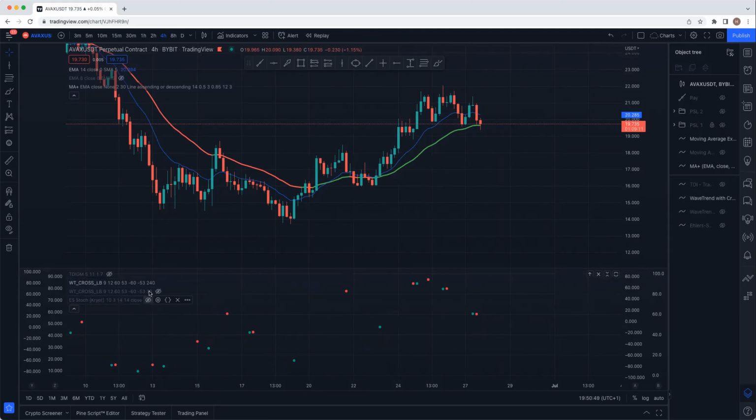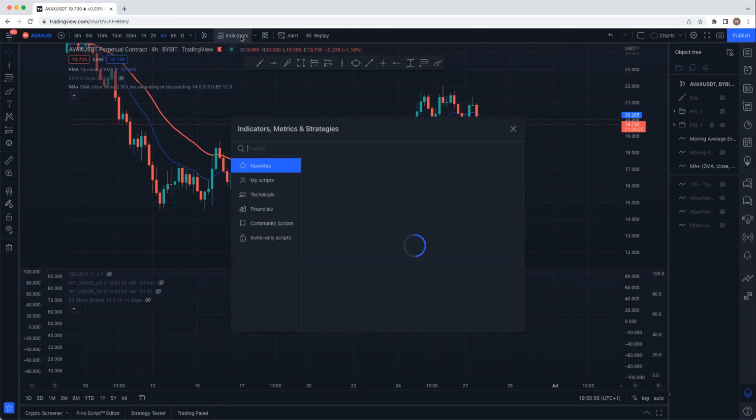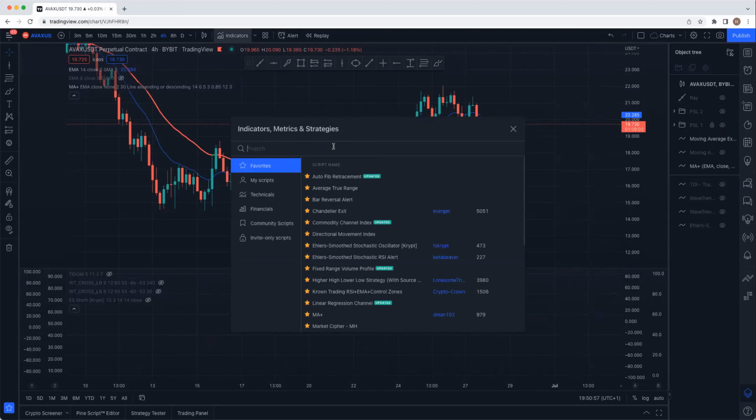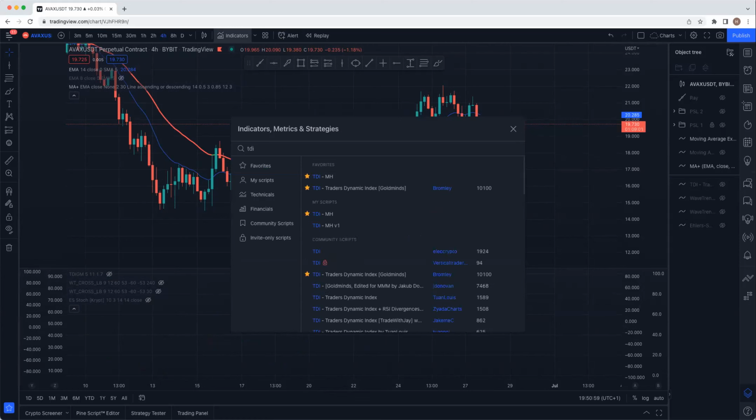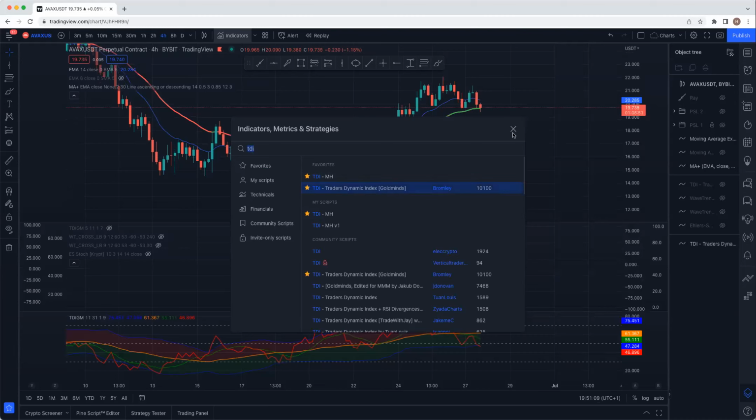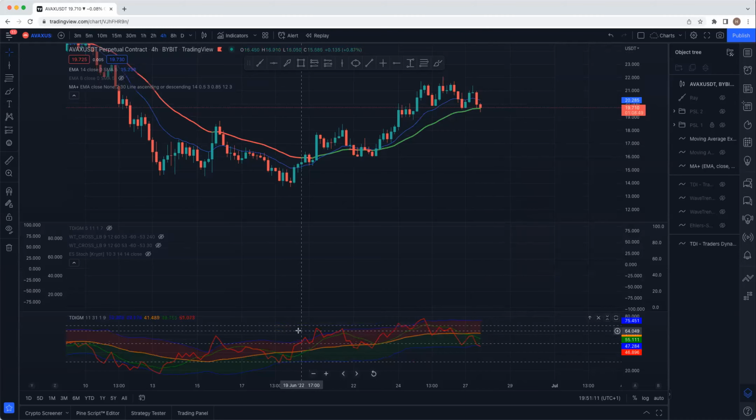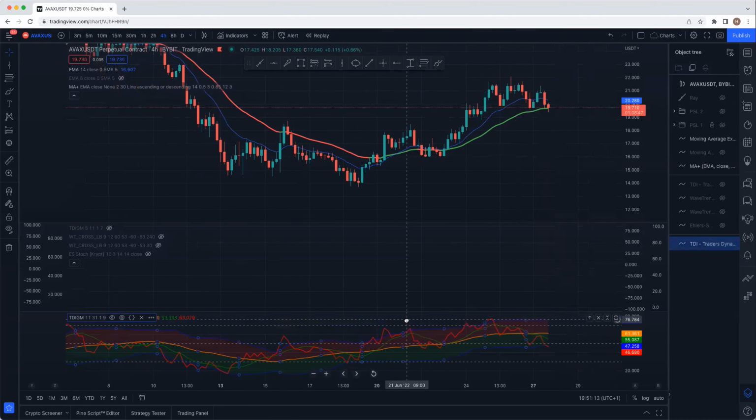So you go into TradingView, go to indicators, and then you go to TDI, right? So you see what we call the Traders Dynamic Index. That's a gold mine. This is the indicator you want to find. And when you open it, this is the way it looks.